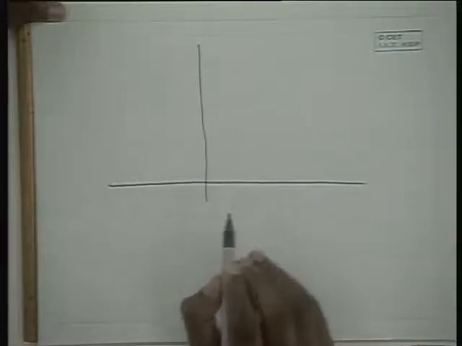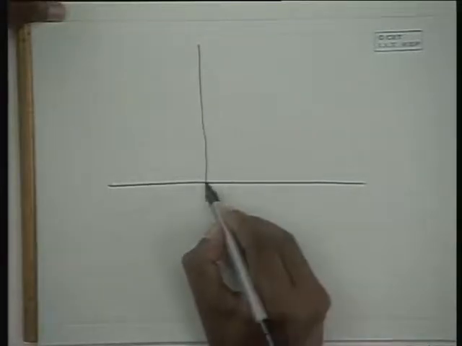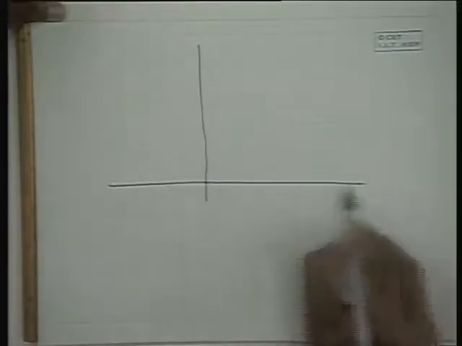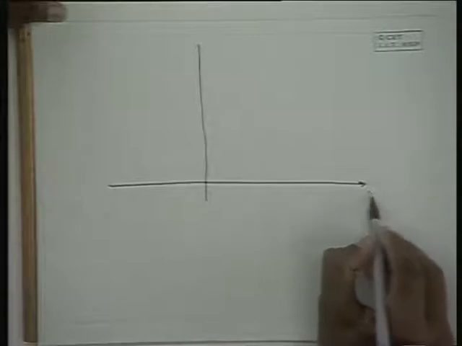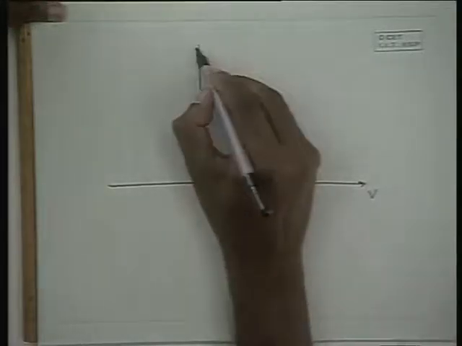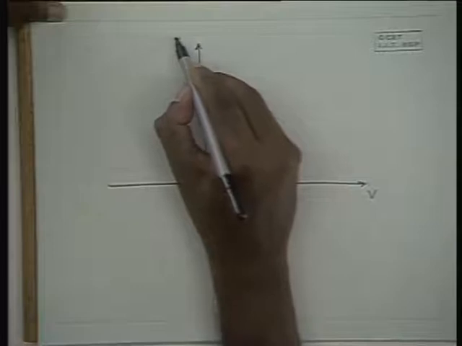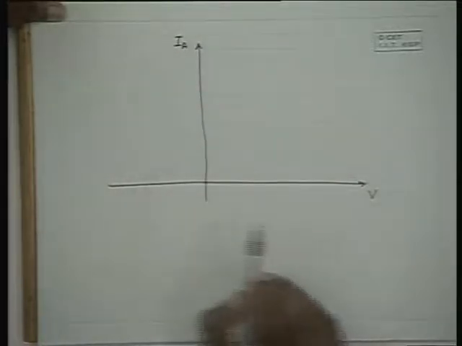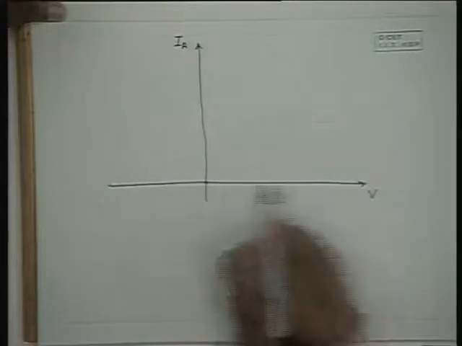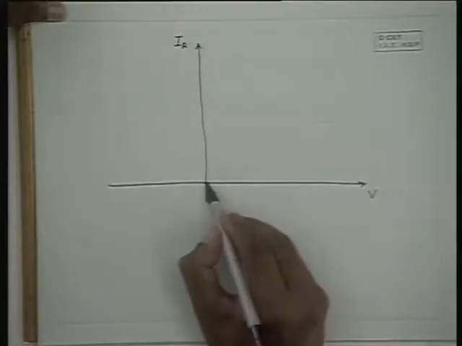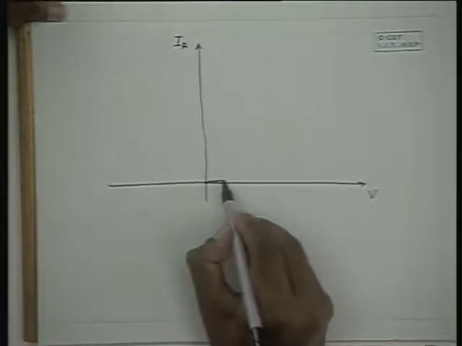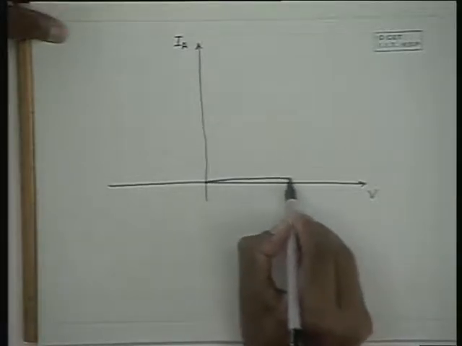Now when the gate potential is 0, this is the voltage that is applied and this is the current. So let's call it the anode current. Now when a positive voltage is applied and the gate current is 0, a negligibly small amount of current flows through the device,